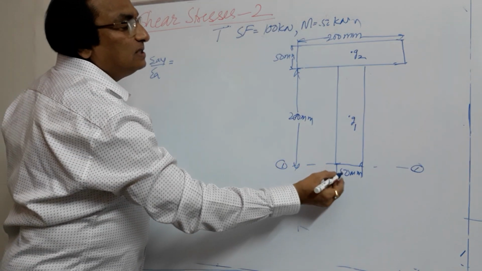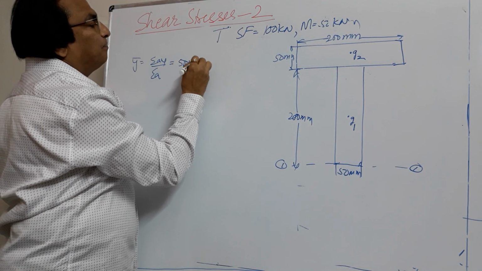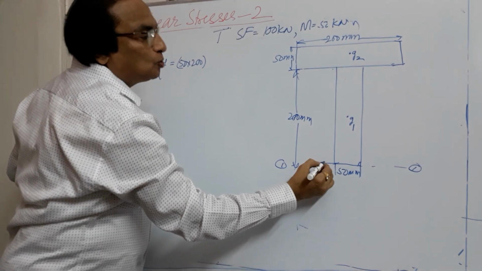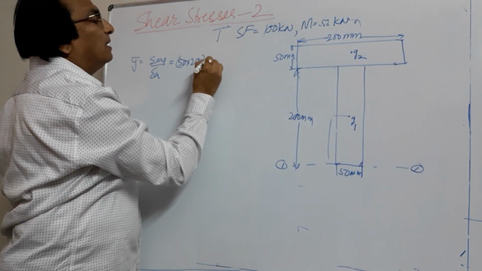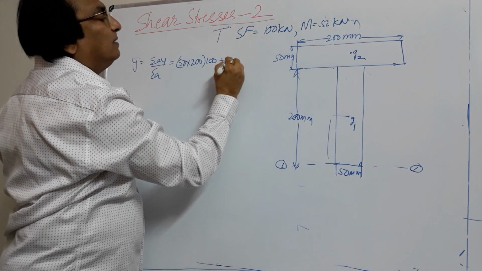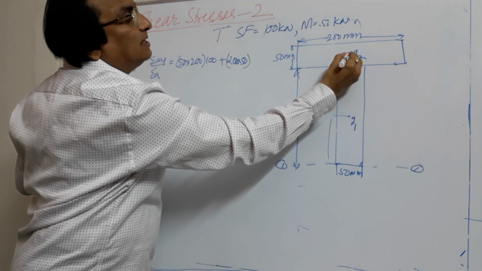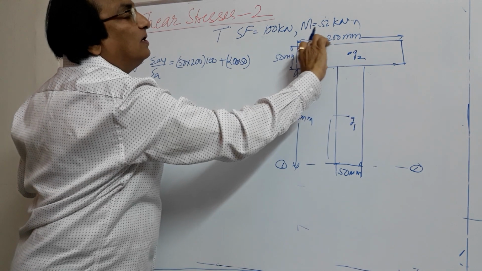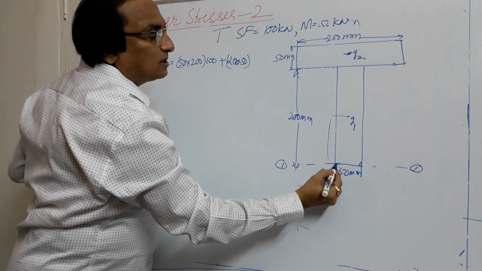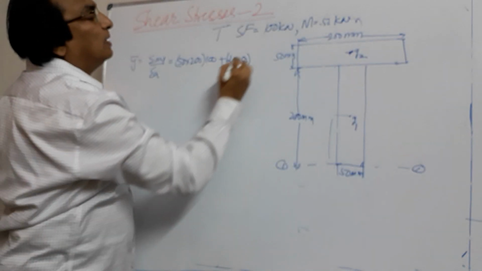So here let us begin with this G1. Area will be 50 into 200, A. We know the distance of the centroid of the rectangle is at the center. Total depth is 200. So this distance will be equal to 100. Plus, we will go to G2. 200 by 50. We know the distance of the centroid is at the center. So I need the distance. So this is 50. So this will be 25, 25. But I want the distance of the centroid from 1, 1. So this distance will be 200 plus 50 by 2. So it will be 25. So 225